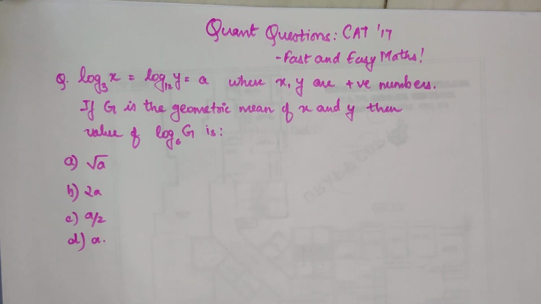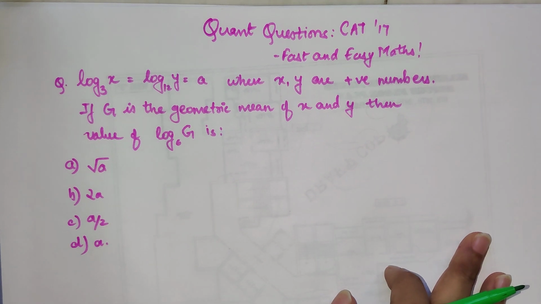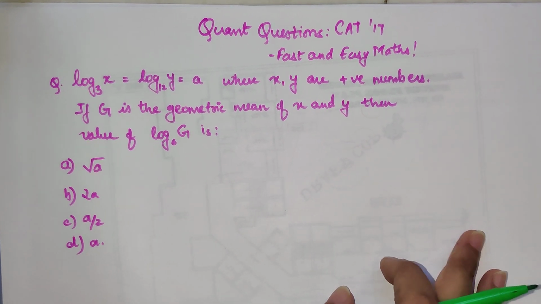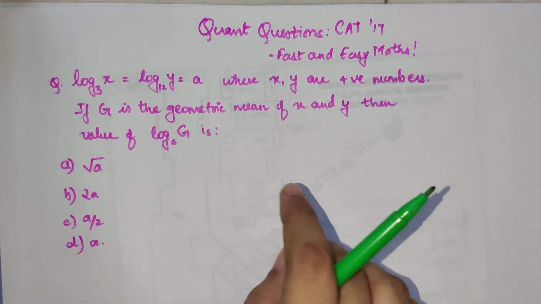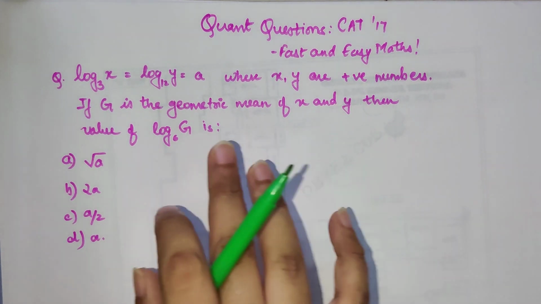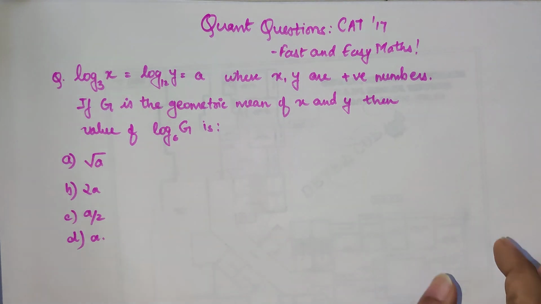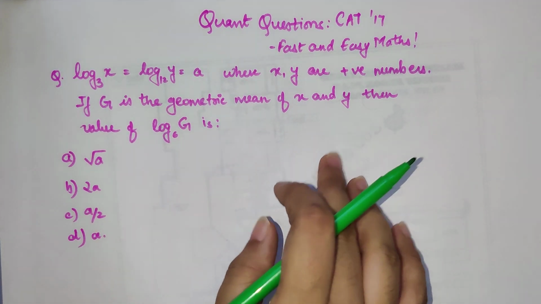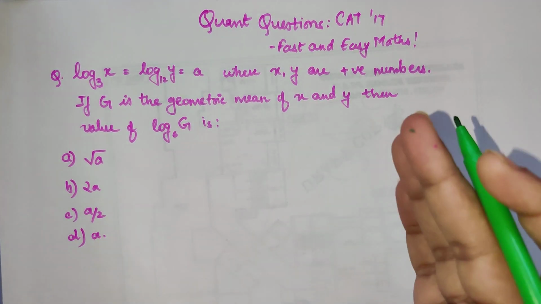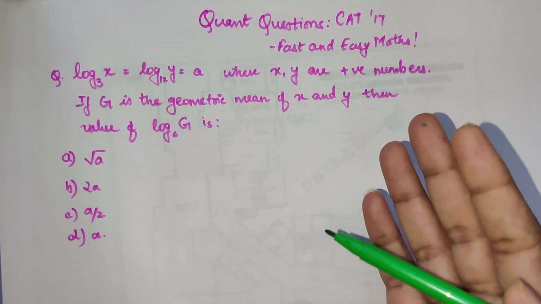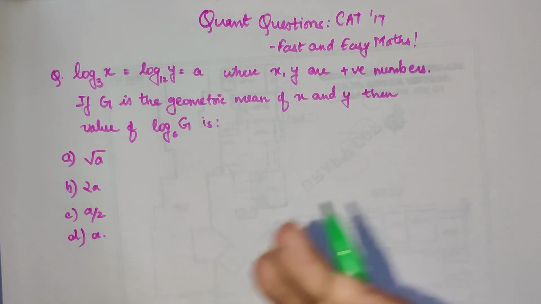Related to mathematics. So students, as you all know, a few days are left for our CAT 2022 exam, and I thought that all of these days in between I'm going to push one video every single day. In this video we are going to discuss a question which was asked in previous CAT papers and which unfortunately looked difficult, or rather many of the students made silly mistakes. That is why they ended up having wrong answers.